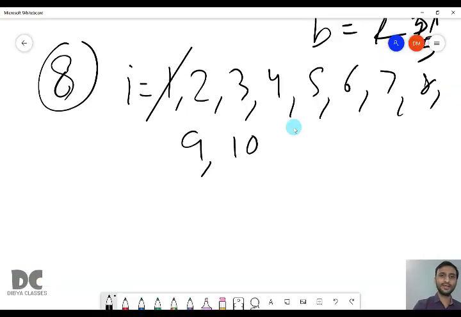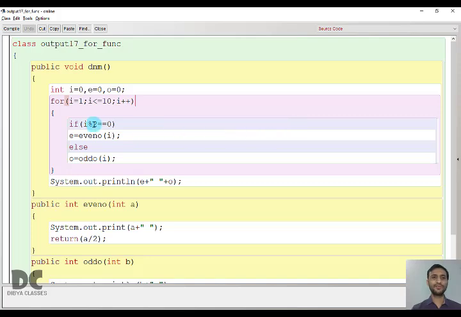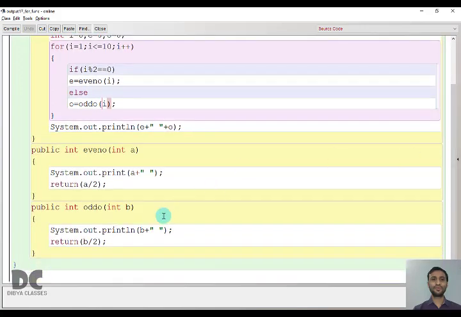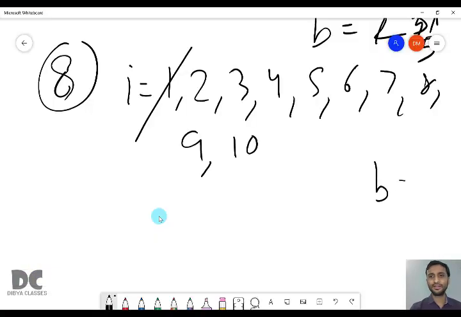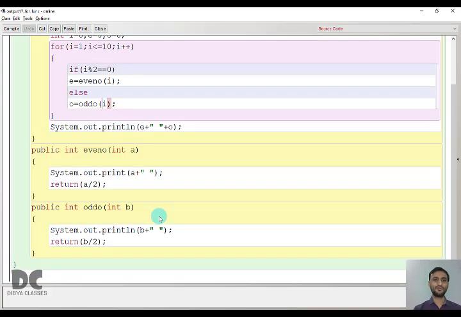So first the value of I is 1. When the value of I is 1, we are checking if it is even. So 1 modulo 2 equal to 0? No, because it is odd. Therefore, we will call the function odo and send the value of I, that is 1. In B, the value of I will be stored, that is 1.